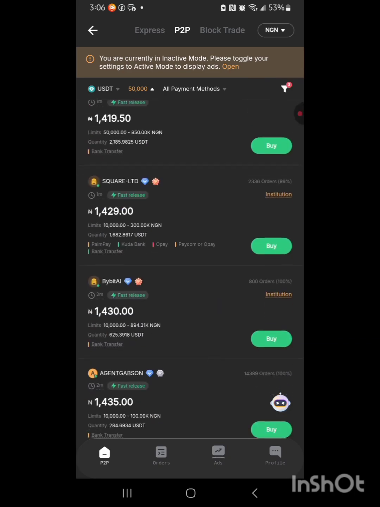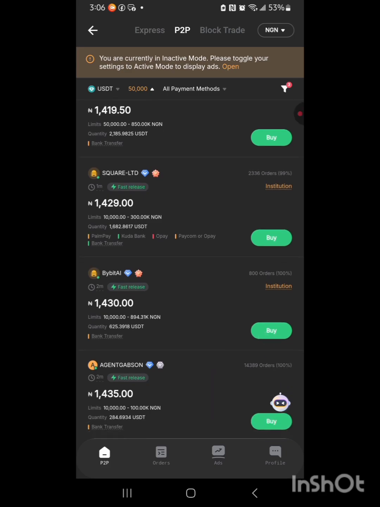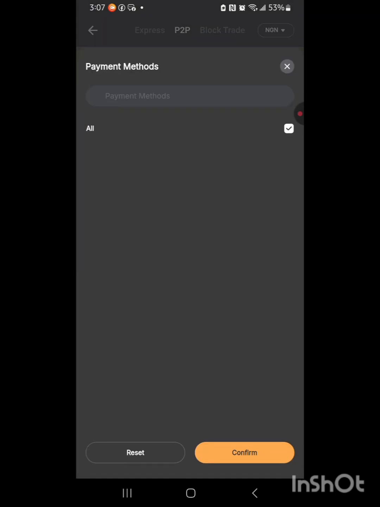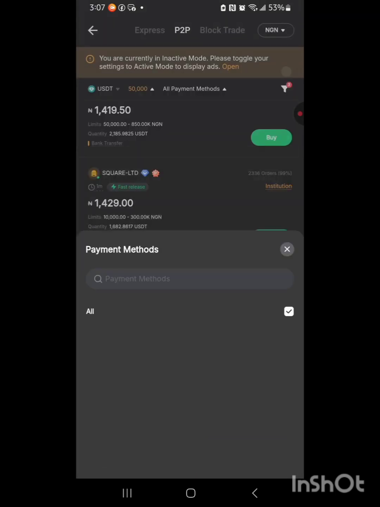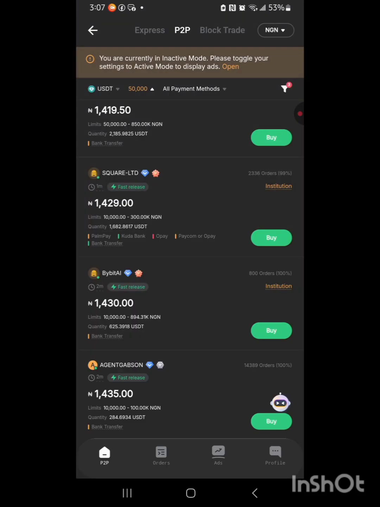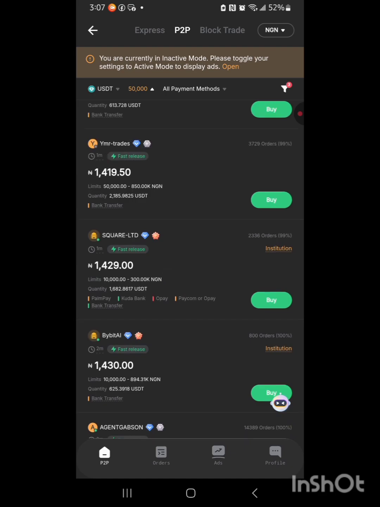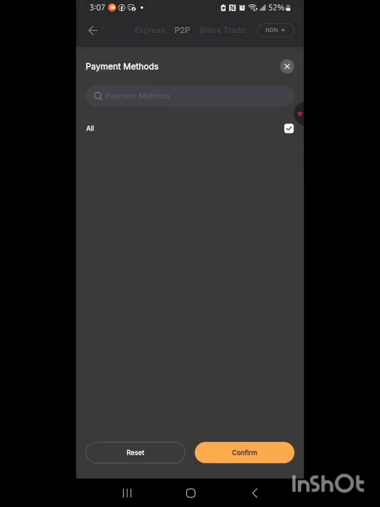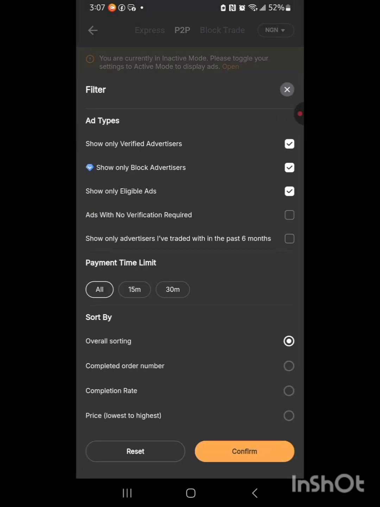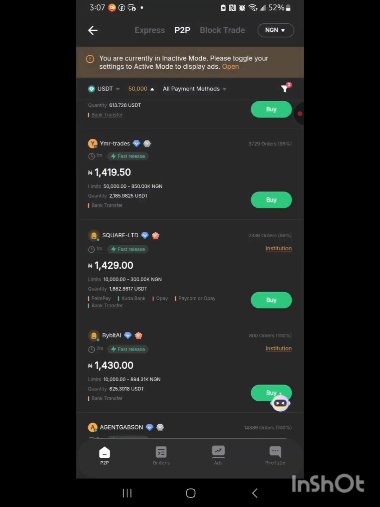I do love trading with individuals. All these institutions might be people that have a lot of money, and their money might not even be clean at all. So try to buy from people like you. That's the best way. Don't try to buy from institutional merchants; look for individuals that are basically like you. But that's not really the rule, because whichever way you want to buy your USDT with your naira is still dependent on you. Basically, have USDT in your Bybit account.